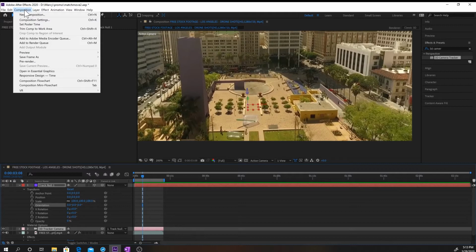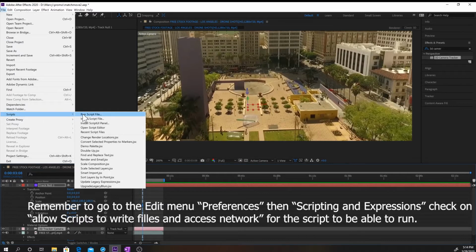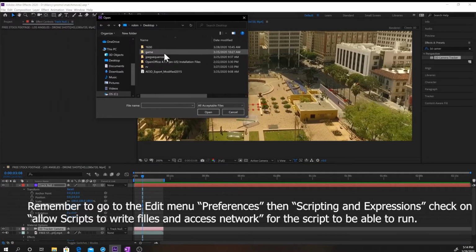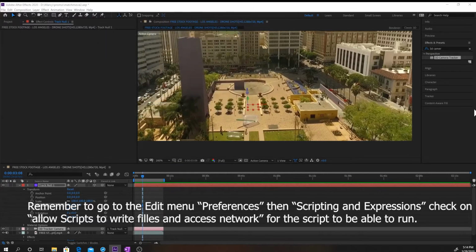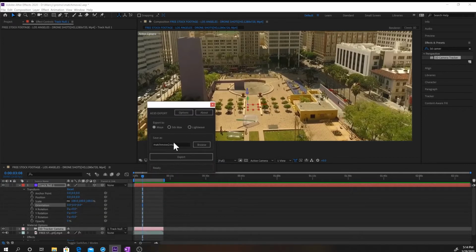I'm gonna run my script to export. Remember that script is in the files for the class. So After Effects export modified, you say open, it's gonna run it. Oh, open on the other window. So here it is,